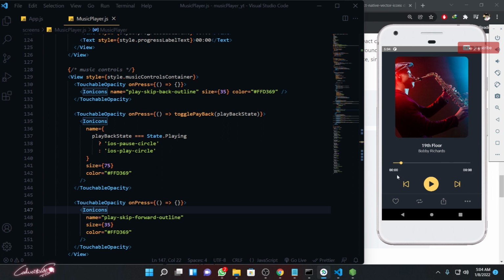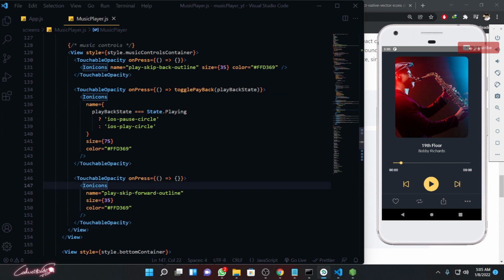Okay guys, now what I need to do is, when I click this, I need to change this. See, it's not moving, it's not changing. When I click this, I need to change the complete image and the text and everything. So for that, I'm going to create a function that we are going to keep